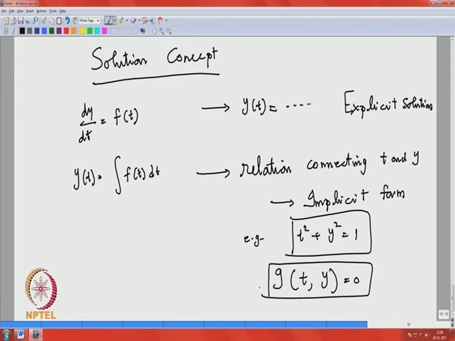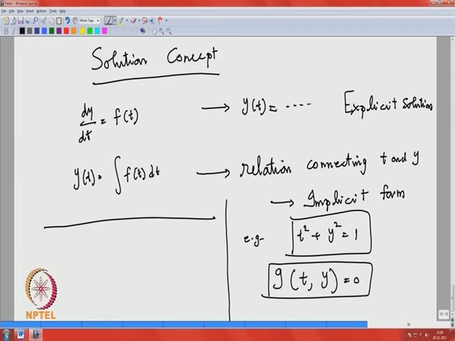What I want to do here is go one step further. Even getting the solution in either the explicit or the implicit form may not be possible, and that is where your analysis will come into play. That does not mean that the differential equation has no solution. If you are unable to get an explicit or implicit form, it is not possible to conclude that it does not have a solution. You may have a solution which you may not be able to represent,